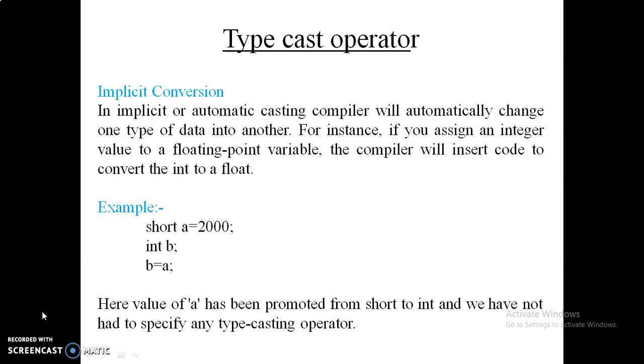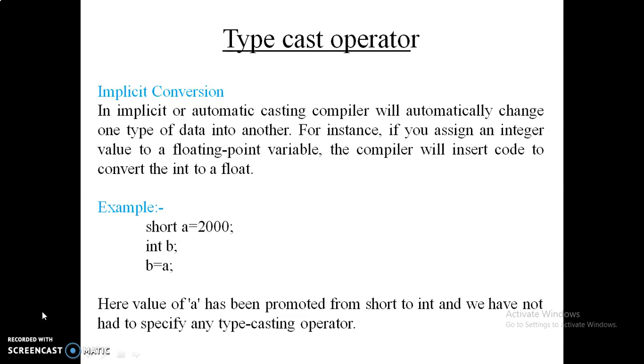Okay. So first of all, implicit conversion. We do not worry about this type of conversion. The compiler will automatically handle it. So how does it work? Here one example is given. In implicit conversion, if we are moving from lower size variables to larger size variables, they are automatically converted. Here a short integer stores 2 bytes, whereas an integer stores 4 bytes in the memory location.